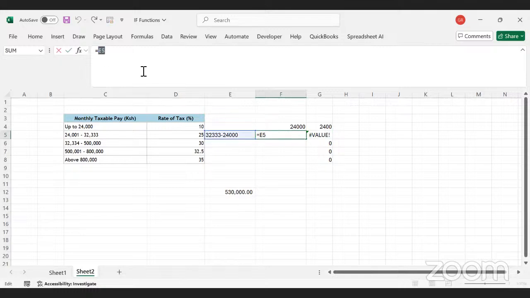then I'll just say 32,333 minus 24,000. So the value is what? 8,333, which we will multiply by 25% to get a pay of 2,083.25. So up to this point we have already used